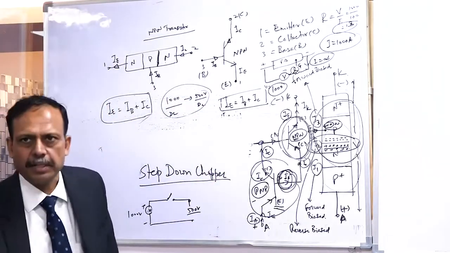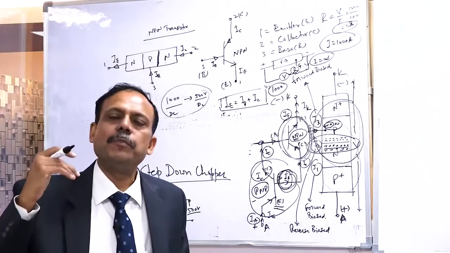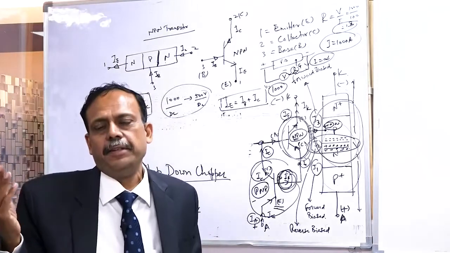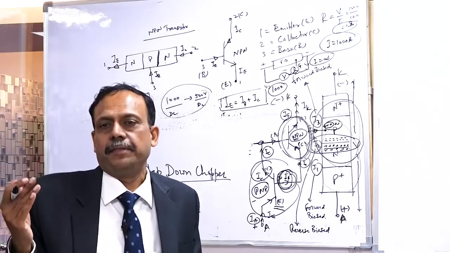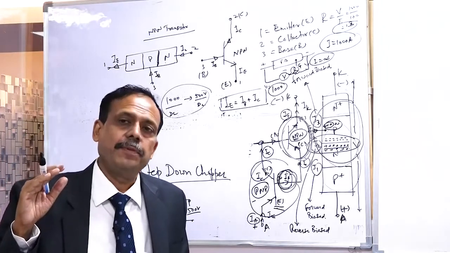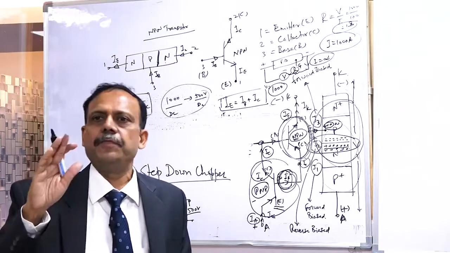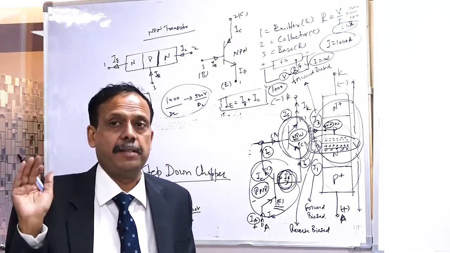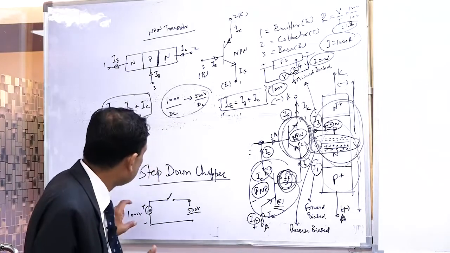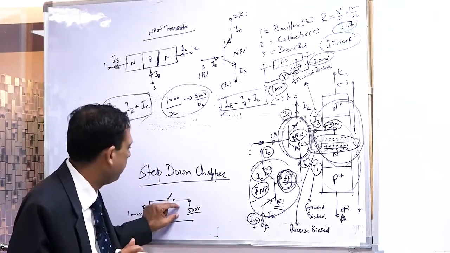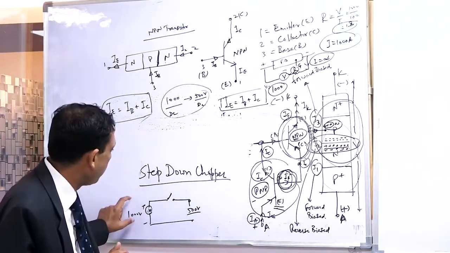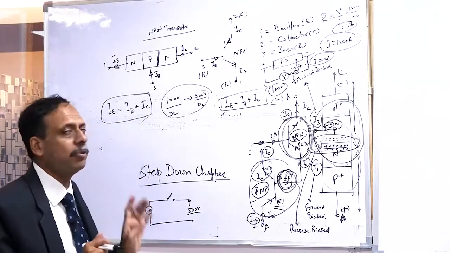Anyway, we are going to study it. Now sir, Nishanji, pulse width modulation is a technique we will be using in inverters. PWM is a technology we will be using in inverters from DC to AC, that we will be studying. That is a concept, very interesting. But this is called step down chopper, meaning DC to DC we will do it, and in the process this is stepping down, so it is called step down chopper.